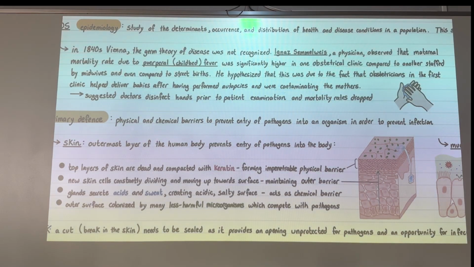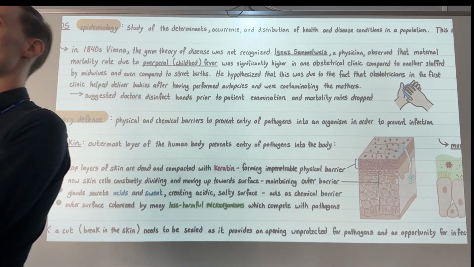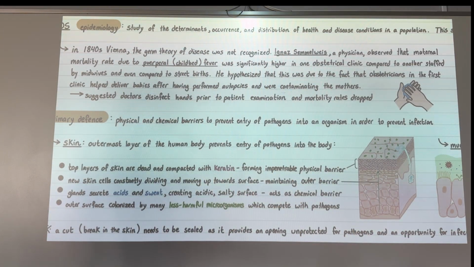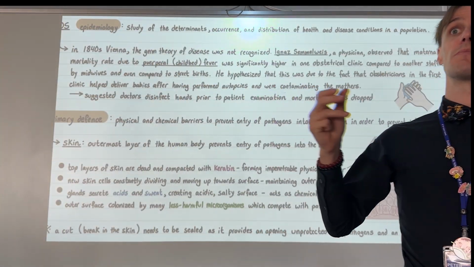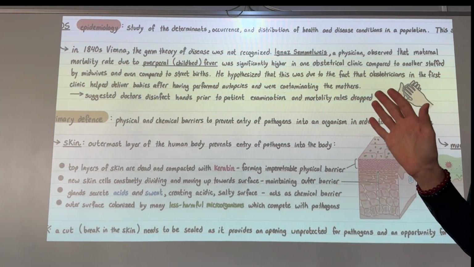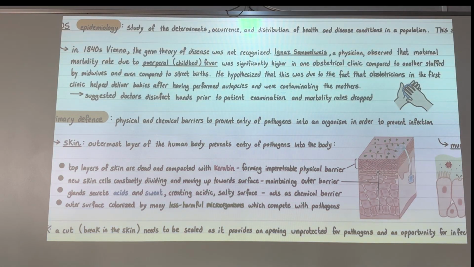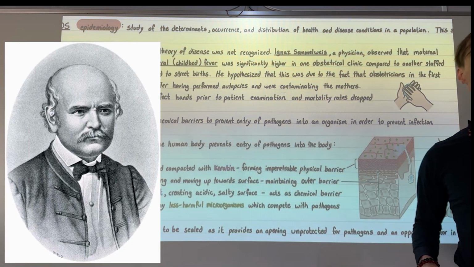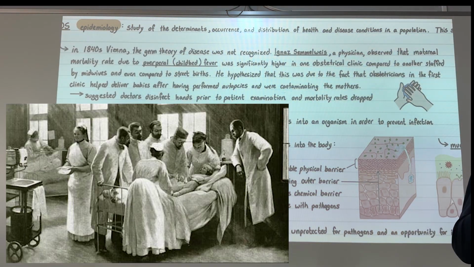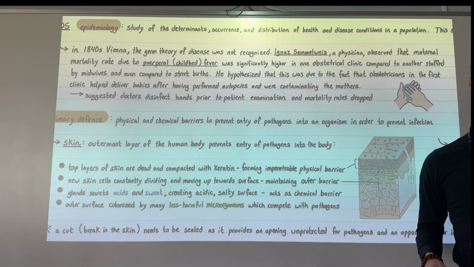Pretty amazing story. So in the 1800s in Vienna, the germ theory of disease was not really recognized yet, meaning the idea that germs are spreading disease from person to person. That was not really a well-known or well-accepted idea in this area at this time. Semmelweis was a physician who worked in maternity wards, wards where he was helping deliver babies. And what he noticed is that there was a fairly large